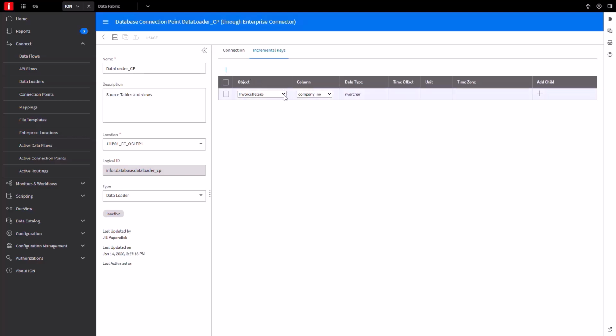Under Object, select the table or view from your database source. Choose the column to be used as the incremental key. This is typically a last modified date or an incremental ID. If more than one incremental key is required, use the Add Child option at the end of the line to